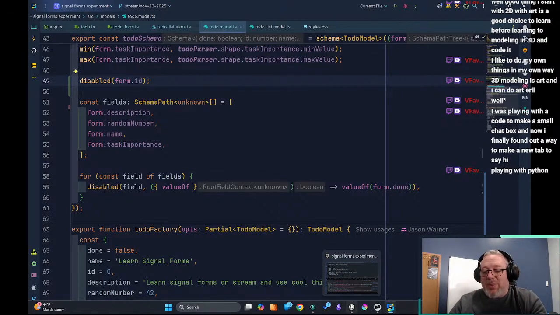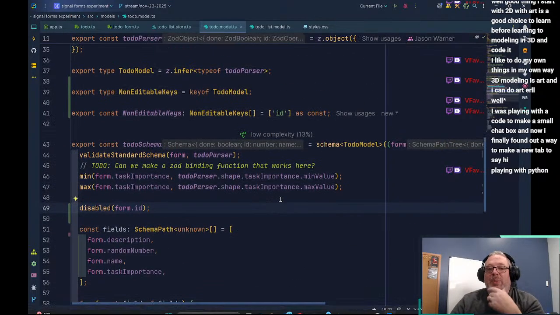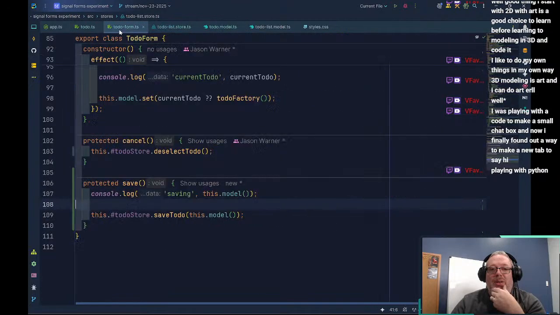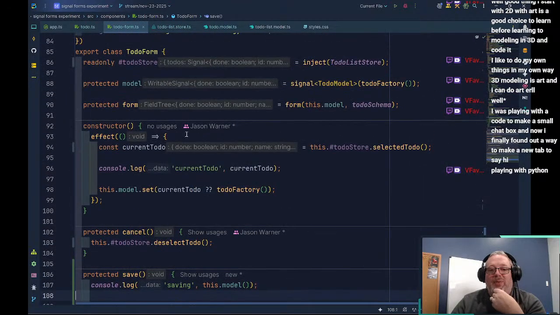It's at the end of the stream, but I do want to change this over to a linked signal because this is a bit of a weakness, right? I built an effect here. In this form, I built an effect. That effect is not necessarily the right thing to do. We could do a linked signal on our selected to-do. Can we do that with the model? Do you guys know?